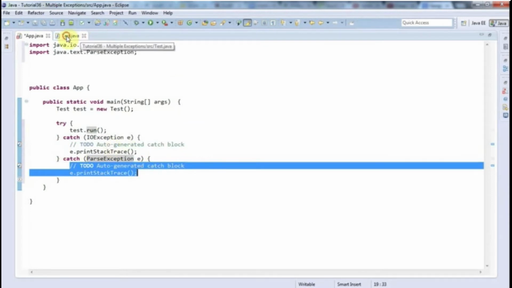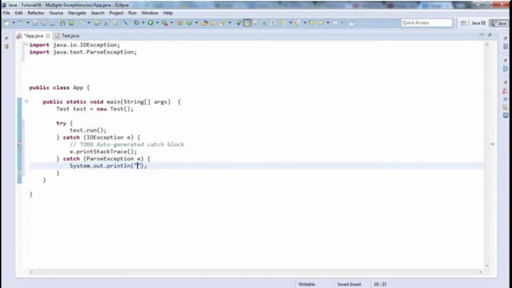So in this case, I'm actually throwing a parse exception at the moment. So I could say here sysout couldn't parse command file or something. I'm just making up text here. This has no relevance to this program. And if we run this,